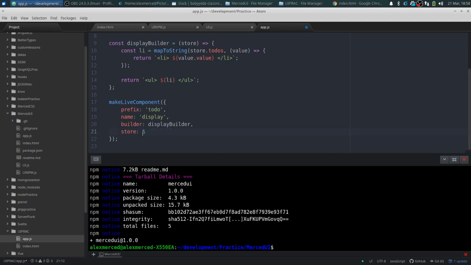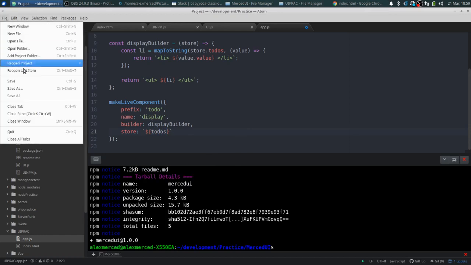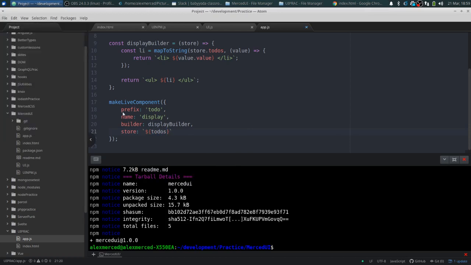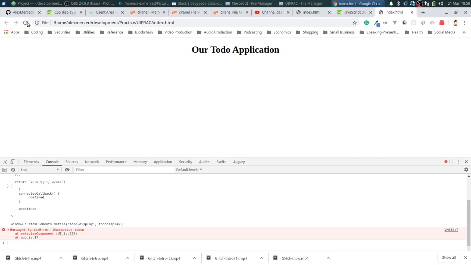So when you first initially create the component, it's expecting everything as a string. The function will render fine. It'll interpolate it and just turn it into a string naturally. You could still just pass it the string if you wanted to. But for this, you have to do this. So I have to first put in the backticks, then the $, then to-dos. Okay. And that should fix that